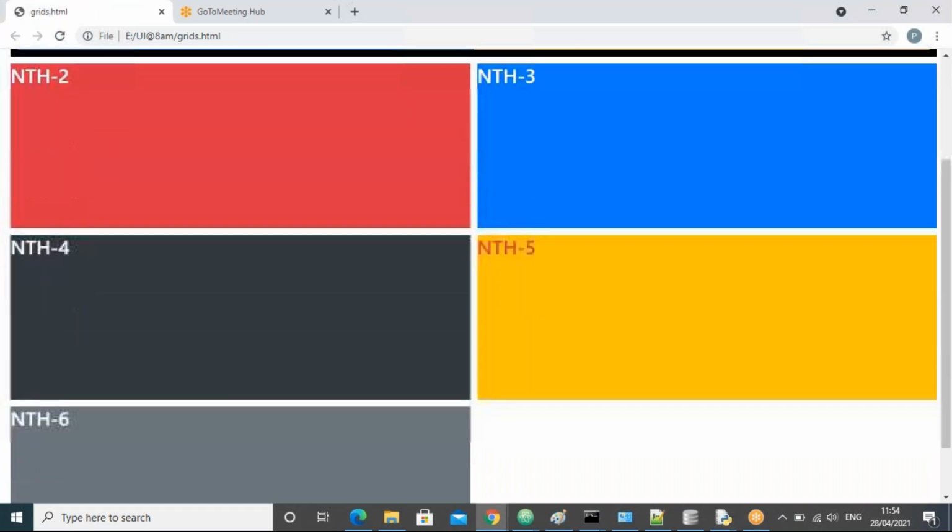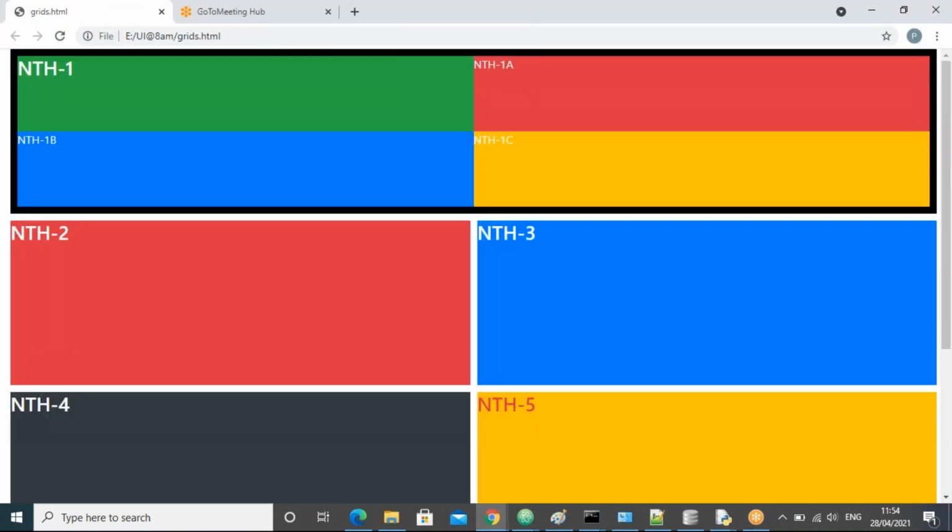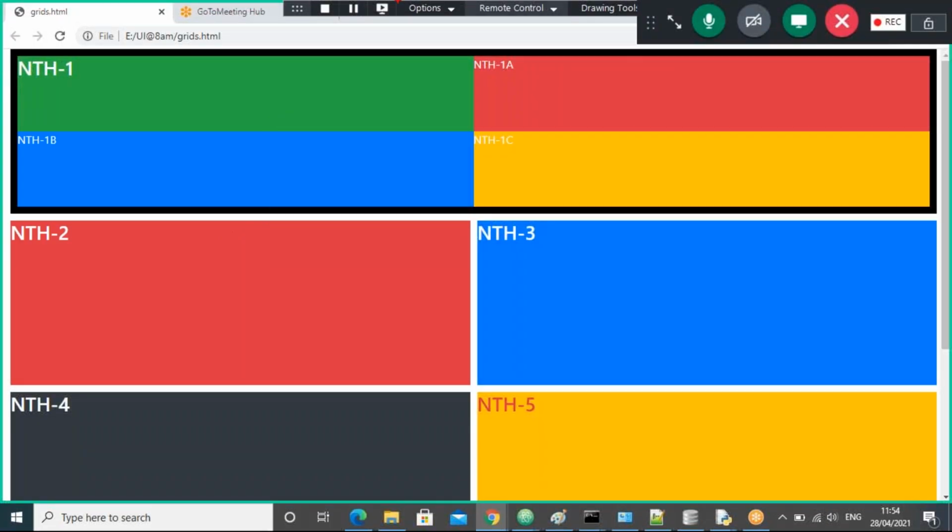Now all of you observe here. We got the space, right, between the rows and columns. See, in the first row we have the NTH1, right? So there we have the space, guys. If you observe, we are not getting the space between the items inside NTH1. Here the space is not coming, guys. Why? Because we are working with the main grid level, the main container level, guys. That's why we got the space here. You can see, right? We got the space in these locations, guys. These are the main container level.